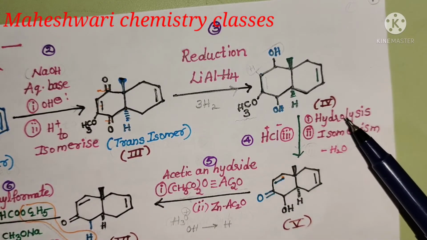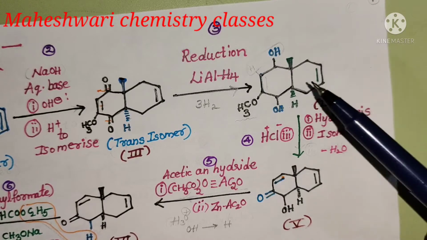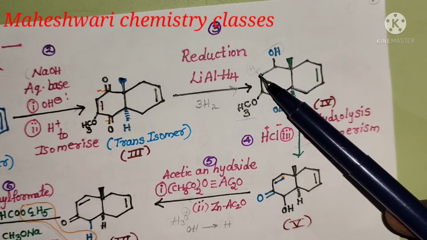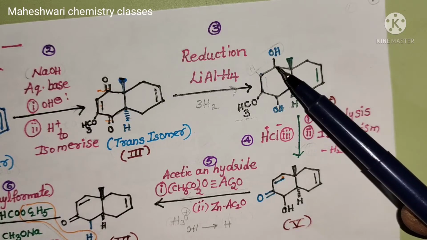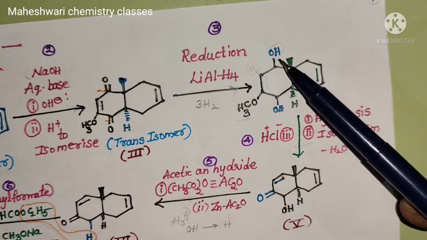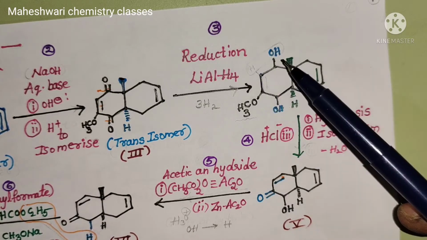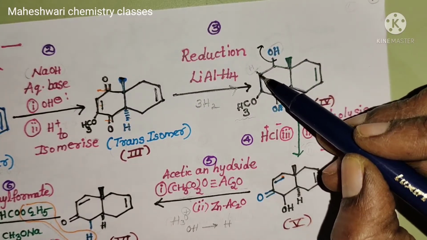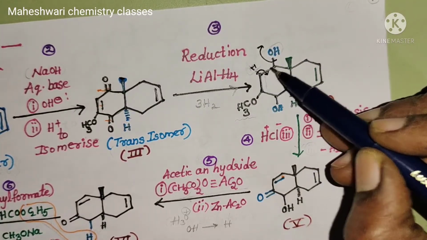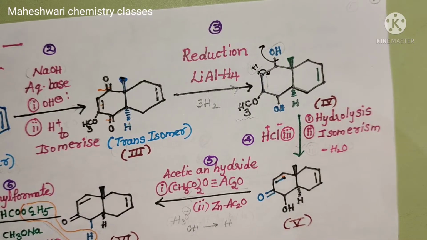Next, this is the fourth compound. This fourth compound again undergoes hydrolysis in the presence of hydrochloric acid. From here, 2 hydrogens are there actually. It takes 1 hydrogen from here and the hydroxide group here. Both combine and are eliminated as water. H plus and OH minus are both eliminated as water like this. Here bond forming occurs. This is our fifth product.